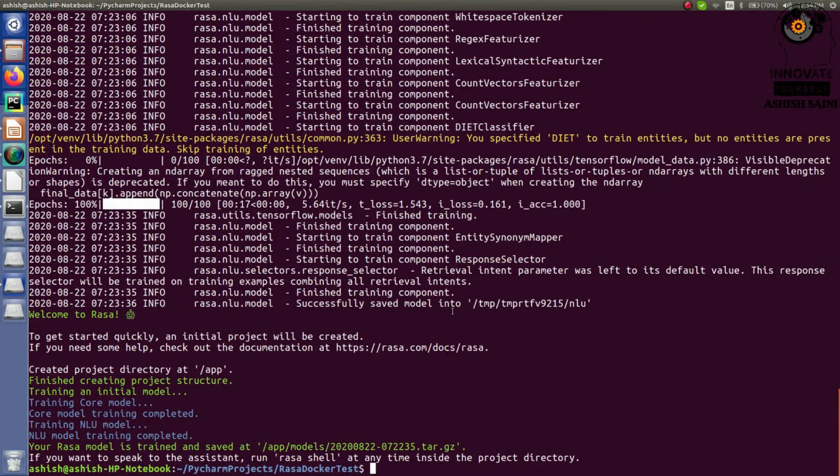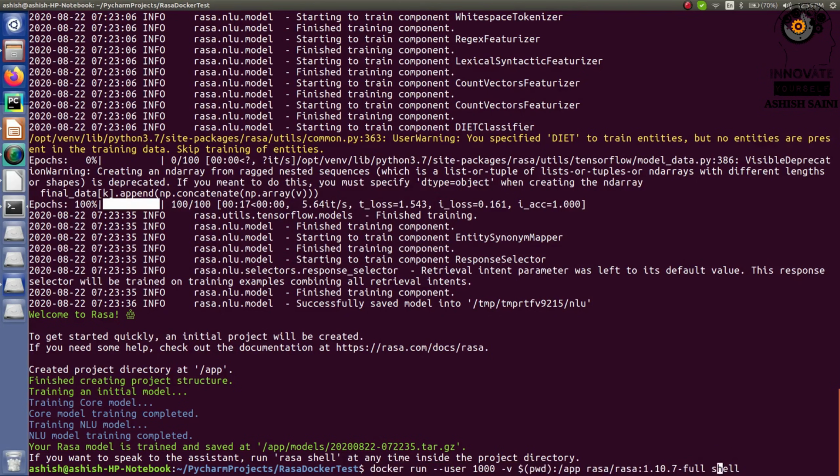So for checking this part, what you will do is just write the above command. Most of the things will be the same. The only difference is that you have to change this last line: instead of writing init, just type shell. So what will happen is this will use the complete thing, and based on that it will run your Rasa shell, right?